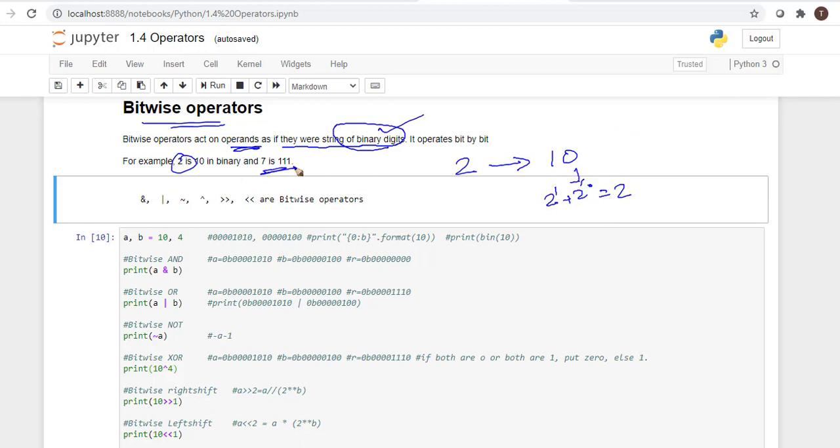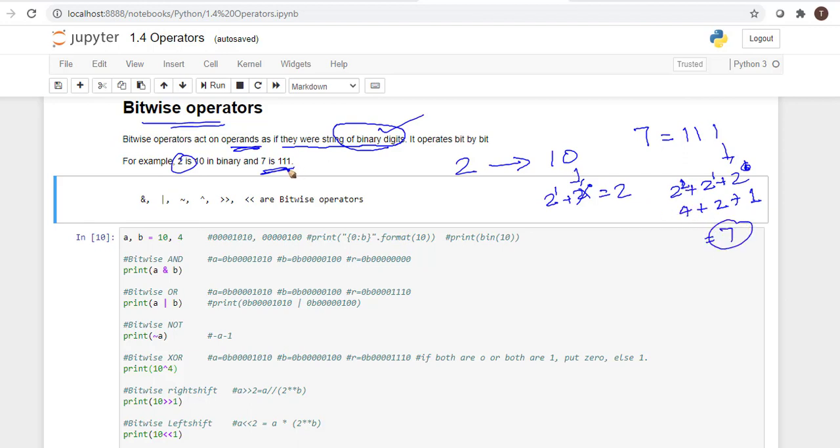The second example, 7: the binary of 7 has all the digits as 1. So 2 power 0 is 1, 2 power 1 is 2, plus 2 power 2 is 4. Total is 7.